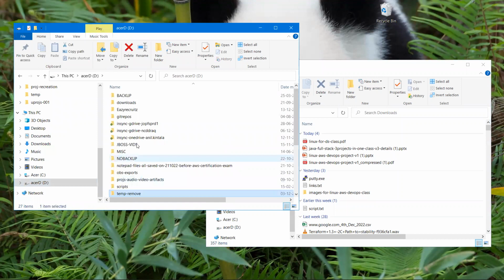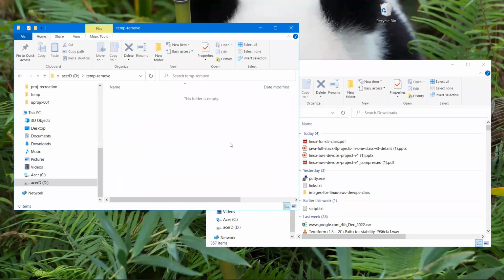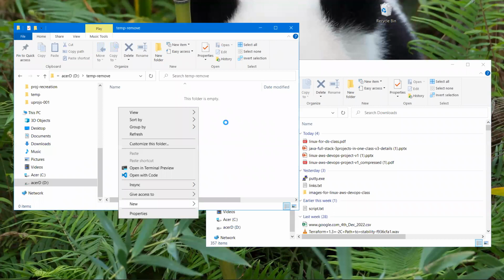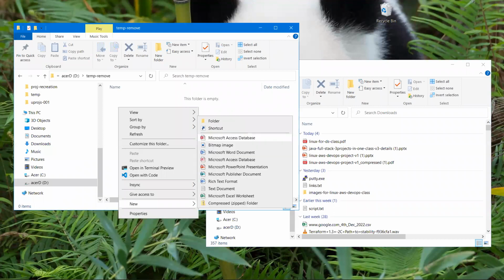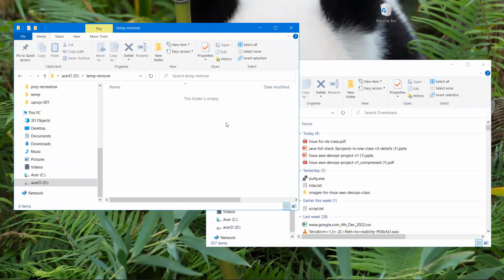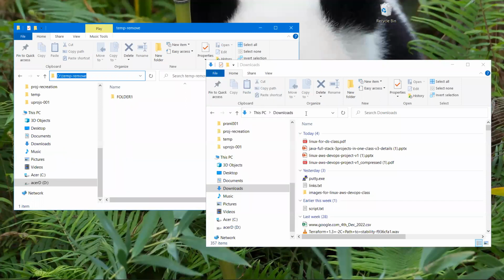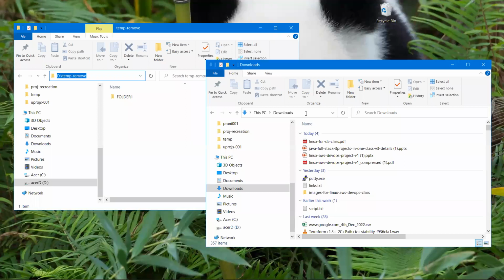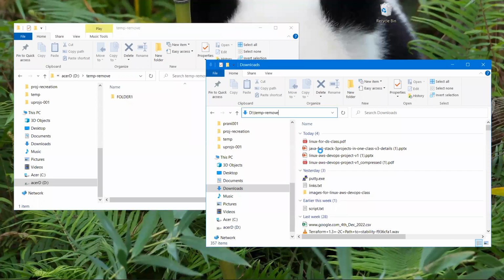So I'm saying this is folder 1. I'm opening the same thing here. Creating another folder.